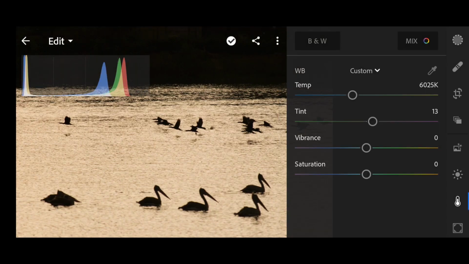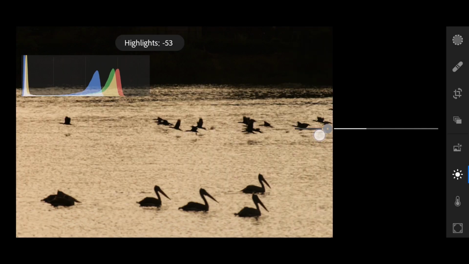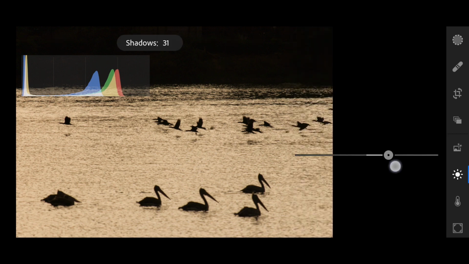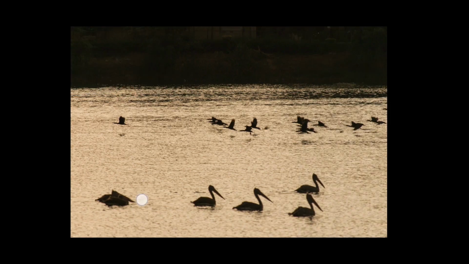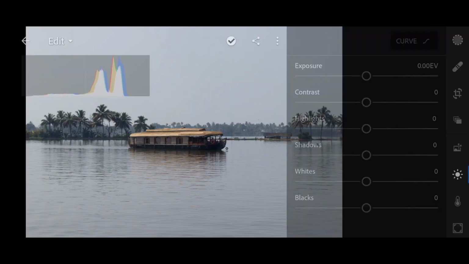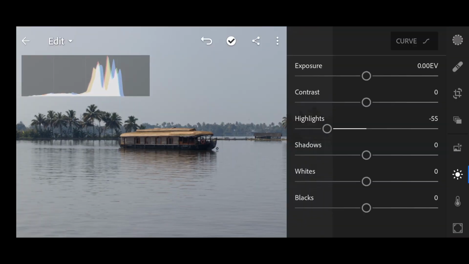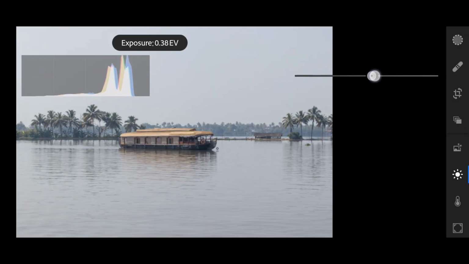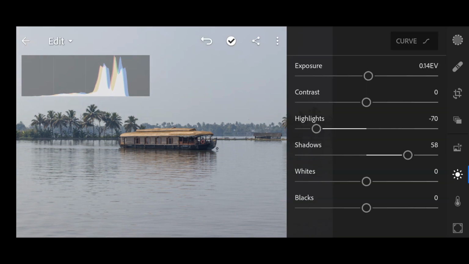Most cameras that we use have pretty bad dynamic range, so we either end up blowing out the highlights or making the shadows pitch black while trying to get the perfect exposure. So most of the time the image looks far better after increasing the shadows and decreasing the highlights. The exposure slider can be used to fix the overall exposure of the picture if the picture is either overexposed or underexposed.